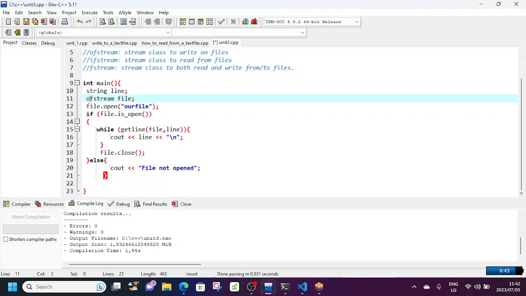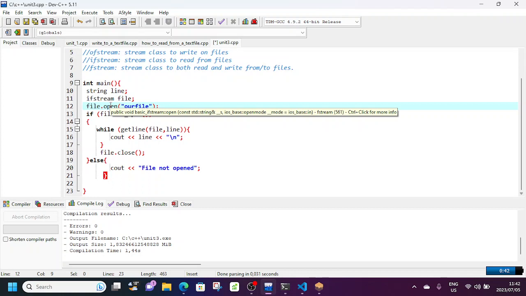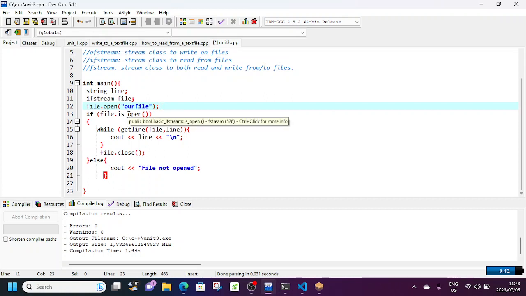But with the input file stream, it knows that my job is only to read. I am not writing. So if I come down here and it just says file.open and I realize that there is no our file, I'm not going to do anything, because the file you are trying to open does not exist. That is why I said you need this if statement, so you don't waste your time writing code when you can't even find the file you are trying to